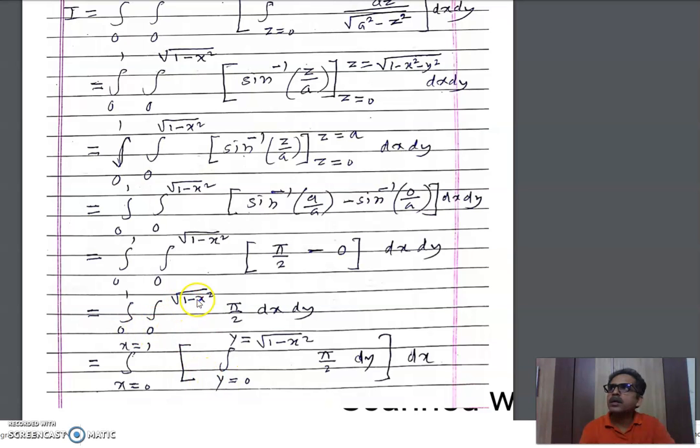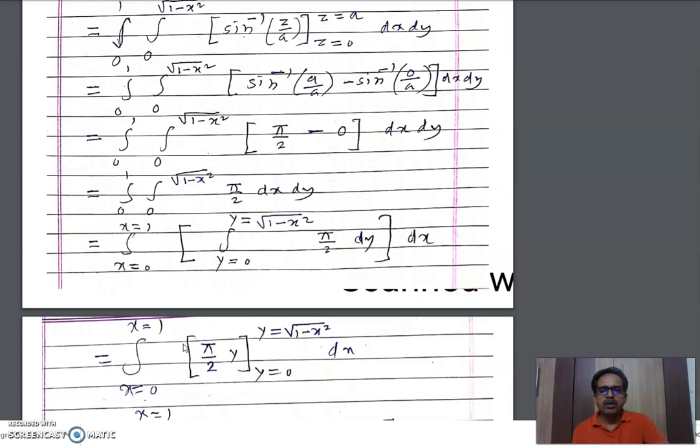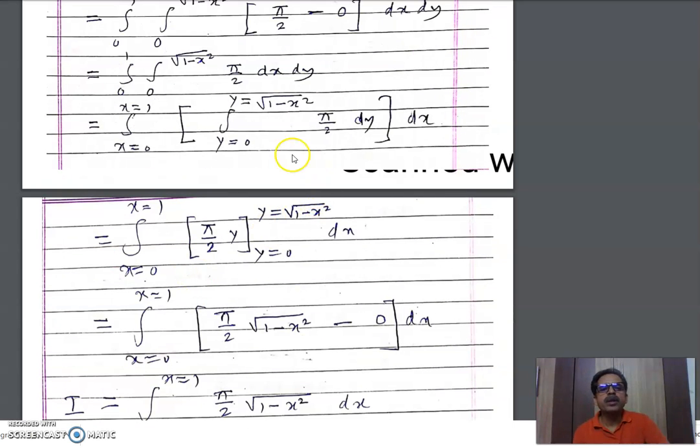so we write in the bracket integration with y from 0 to y is under root of 1 minus x square, pi by 2 as it is, dy we have written here, and then the remaining part, that is dx here, and this integral 0 to 1, of course, stands for the limits of x. The integration of pi by 2 is pi by 2 into y with this limit of y. First you put this value of y, then minus sign, then put y is 0.